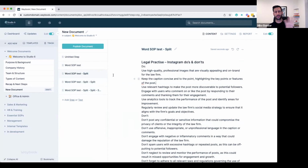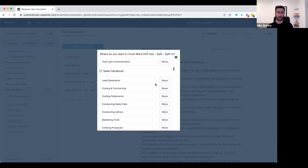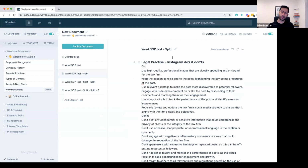And of course, if for whatever reason you realize that this step needs to live in another document, you can click on that move icon there, and then you'll be able to choose any of your other documents across your Waybook to make sure that that step is in the right place for your team. So I have no doubt that that's going to be incredibly useful for many of you who have your knowledge